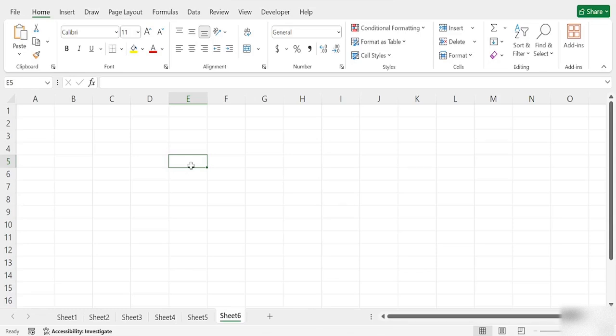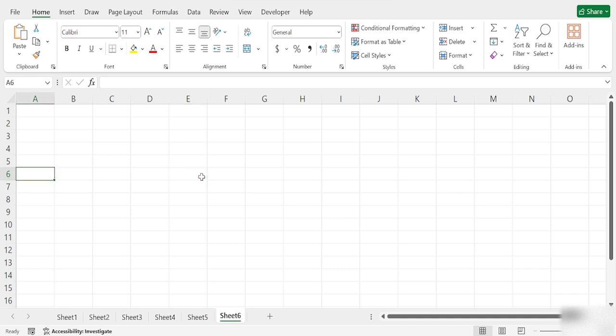Hello everyone, welcome to a new video. In this video we will dive into an essential tool for working with data: lookup functions. Especially, we'll focus on two powerful functions, VLOOKUP and HLOOKUP. These functions help you find and retrieve data from tables, and they will give you more opportunity to retrieve your data with ease. By the end of this video you will be able to use these functions like a pro. So let's get started.